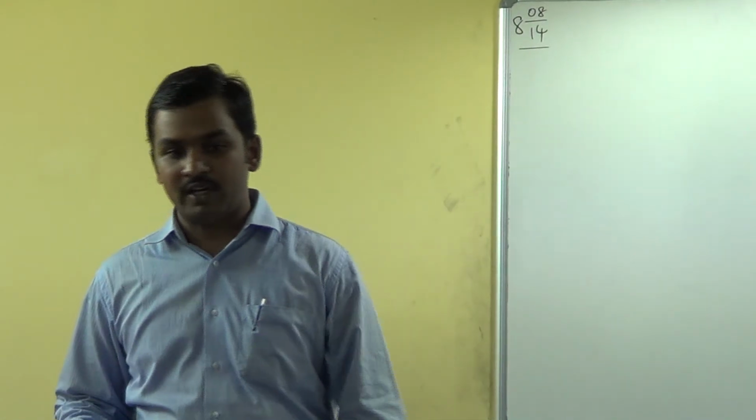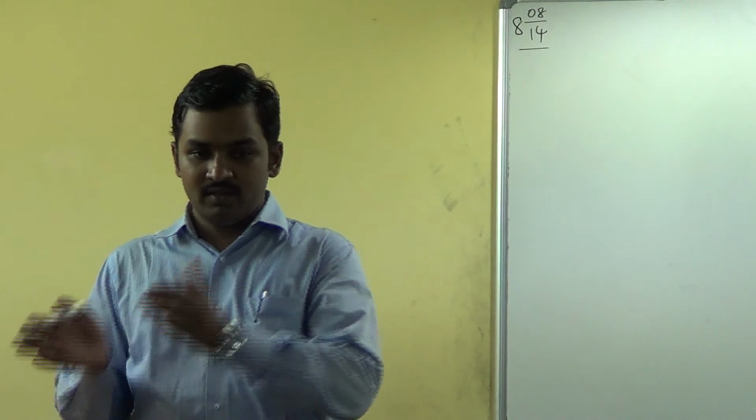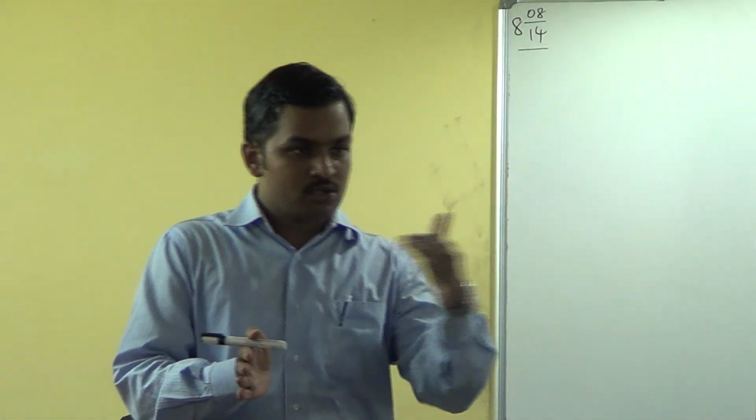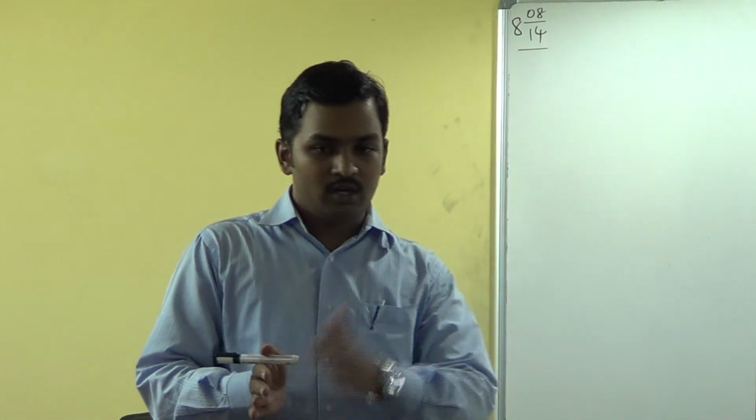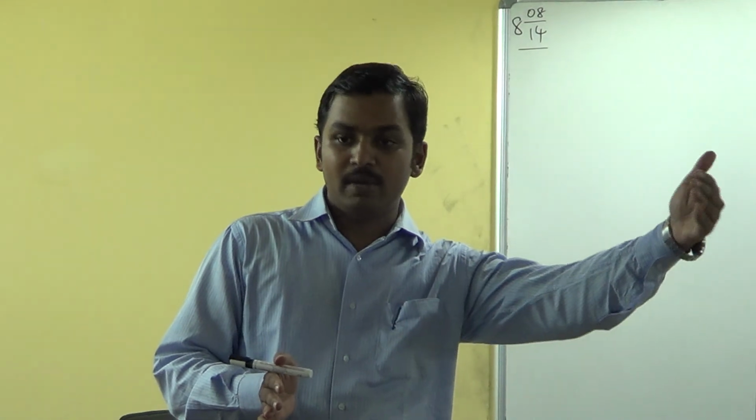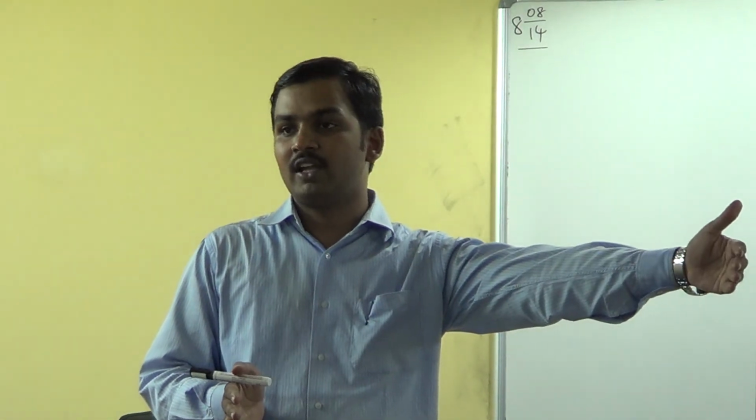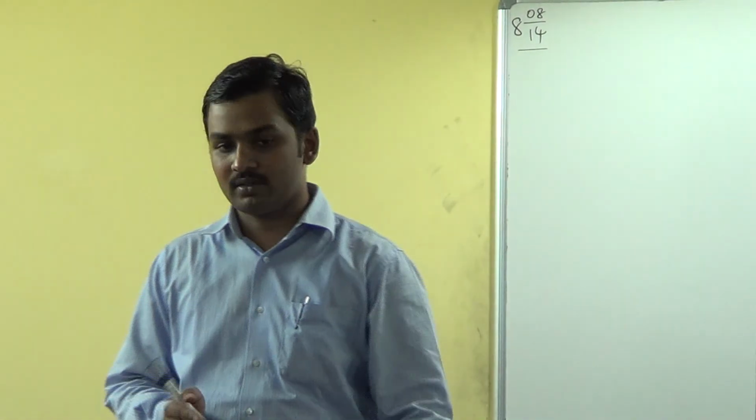After this, we'll immediately go to the final accounts. The flow will continue. You have learned journalizing, you have learned ledgers, you also know how to prepare the trial balance. Now you have to go to the next step: balance sheet, preparation of final accounts. That we'll learn after this chapter. One more class, after that we can go for the